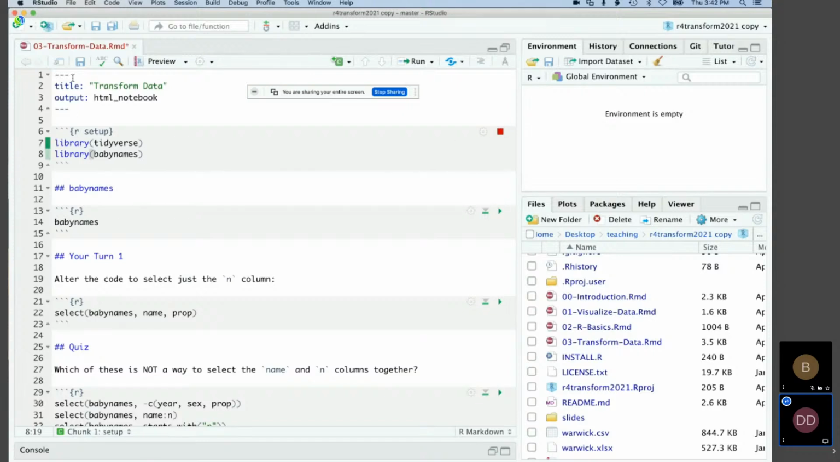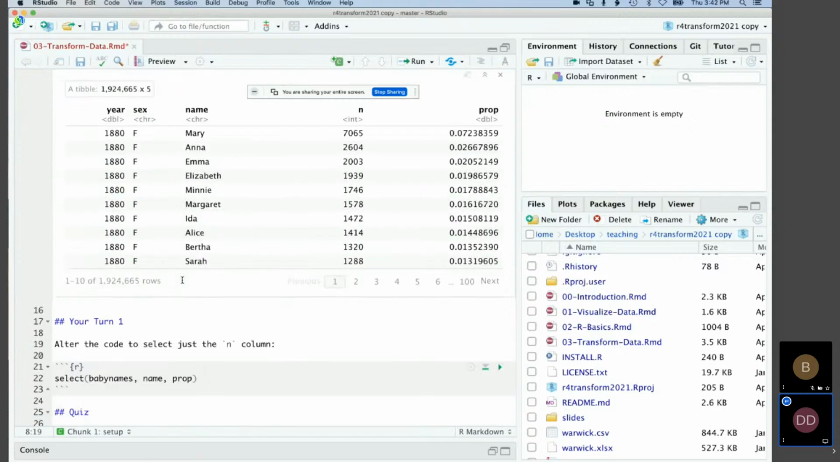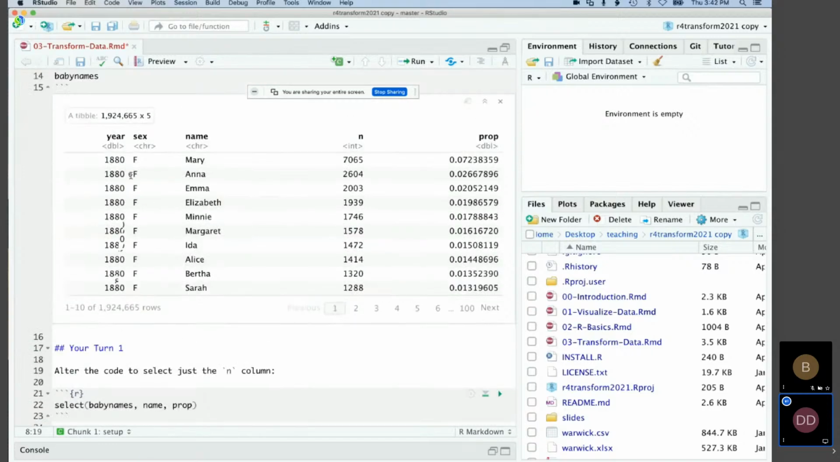So I restarted my session, so I have to make sure that those packages are loaded. I'm going to run this to grab our preview of the baby names dataset. It's really big, if you haven't noticed. It's almost 2 million rows and 5 columns. And so where we were in the your turn was selecting